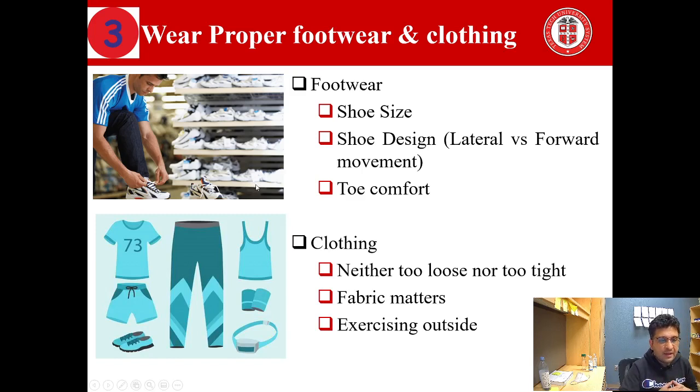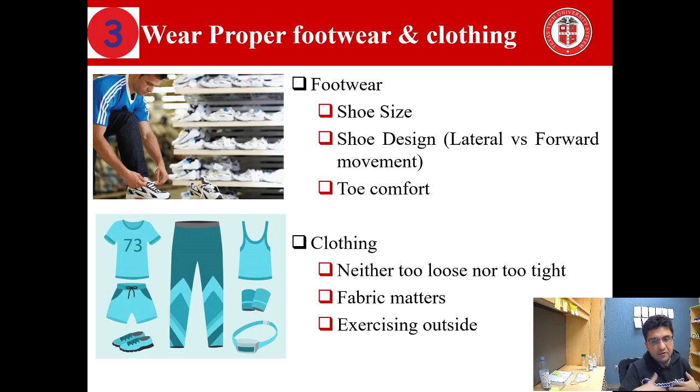Now, clothing, again, extremely critical. You want to have the right size, which should neither be too tight nor too loose. It's a famous saying, because if it's too loose, you'll always have a chance of getting it caught somewhere in the exercise machine or somewhere in the nearby equipment while you are doing exercise, or sometimes it's just uncomfortable with clothes hanging everywhere. You don't want it to be too tight, because otherwise once we exercise there's a lot of sweating. So we don't want the clothes to be too tight that it won't allow sweat to evaporate, because that